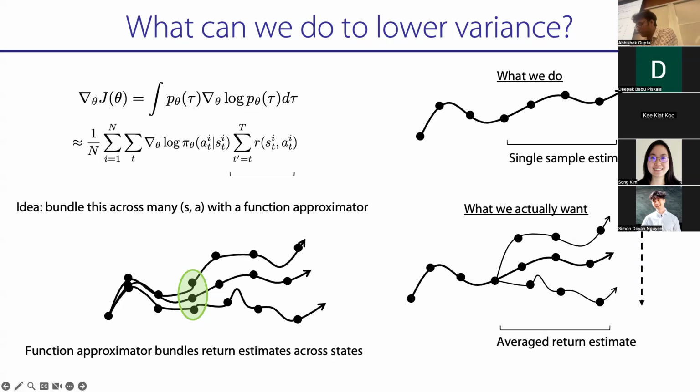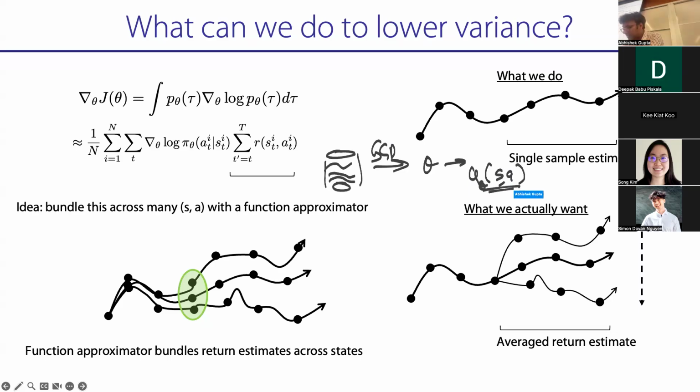The way function approximation works is that you start with the data set. In our case, it's those three trajectories. You use some SGD procedure to give you some theta, some parameters. And then those parameters are what you're going to use to make predictions, right? So you're going to do Q theta of S, A. It's almost like you're averaging across multiple trajectories because they're all going into the same theta, so they're all affecting the same theta. So you're not just doing a single sample estimate. The parameters theta are what tie those trajectories together.